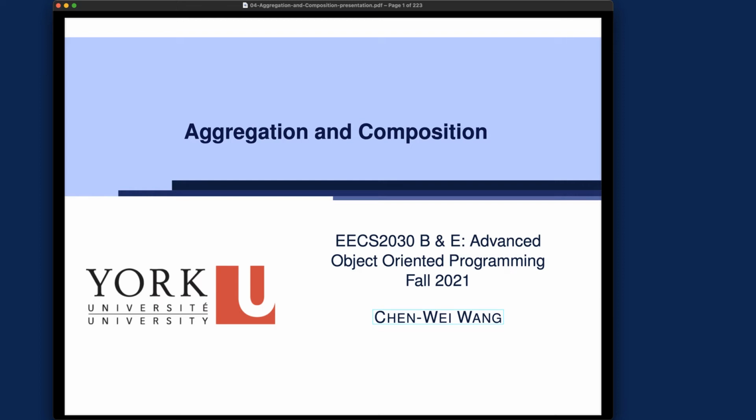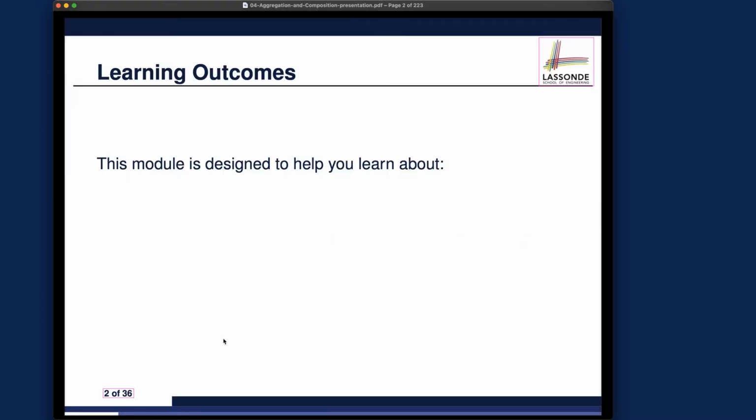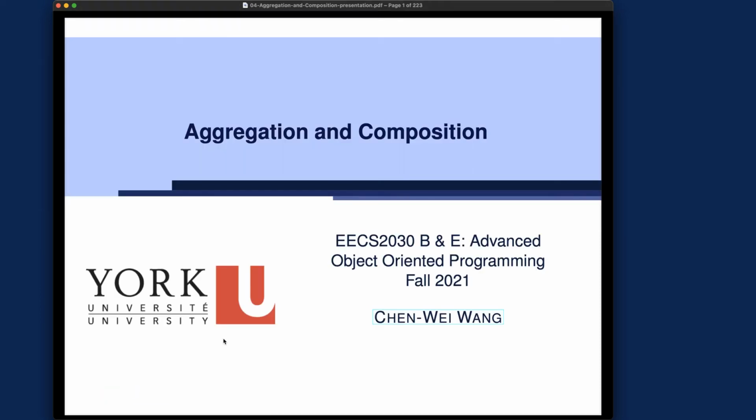This week, we'll start by discussing the notions between aggregation versus composition. So this is actually a very interesting topic because it's more at the design level that you have to make a decision about your design before you can actually go ahead and implement your Java classes faithfully, accordingly. And I'm going to do a number of exercises together with you to tell the difference between them and also